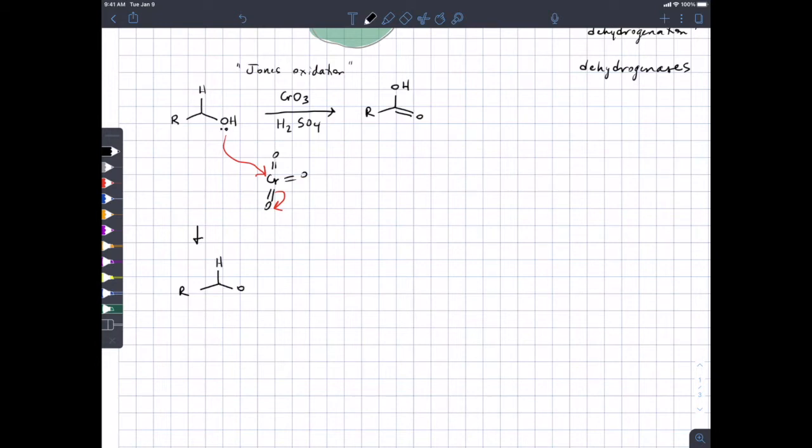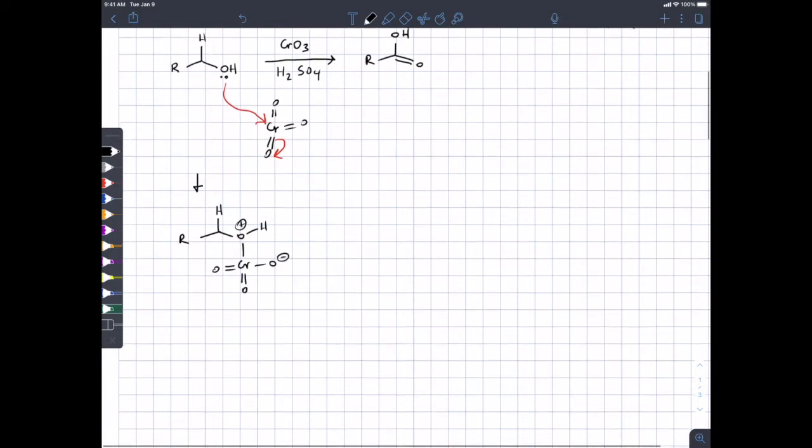And from this point on, everything I show you will be exactly the same. From this point on until we get to an aldehyde intermediate, everything's going to be exactly the same as we did for PCC, right? If you go back and you look at your notes for the PCC oxidation,